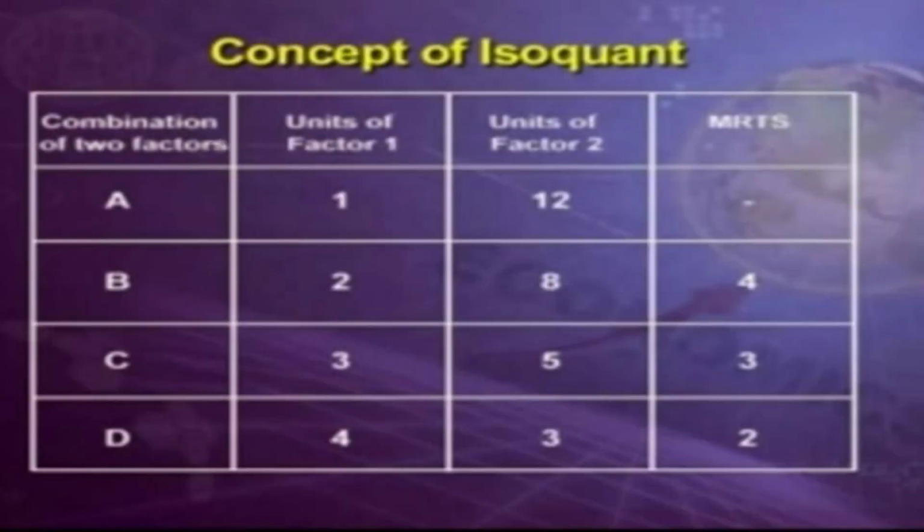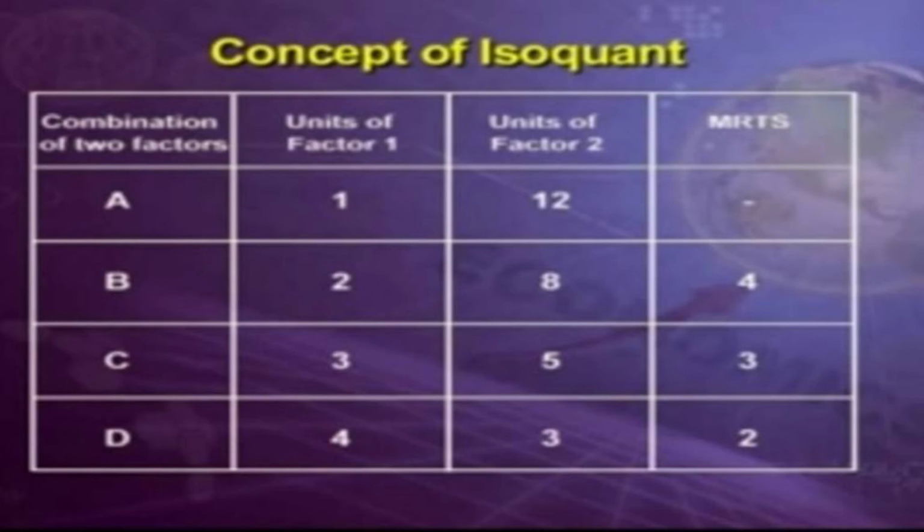This can have different isoquant concepts. We can see the combinations A, B, C and D of units of factors. You can see 1, 2, 3, 4 units of one factor, and how many units of the other factor. Take for example, unit 1 factor is labor, unit 2 is capital, and output depends on the technology you are using. So 1 factor of labor and 2 factors of technology will give you the same output. Labor and capital together will give you the amount of goods we are going to have.